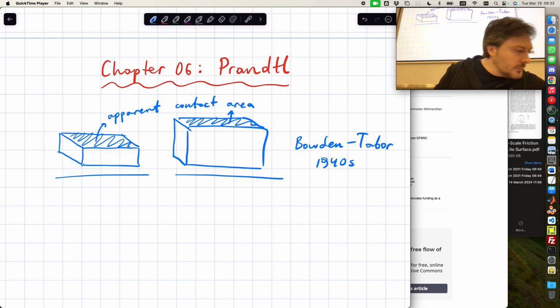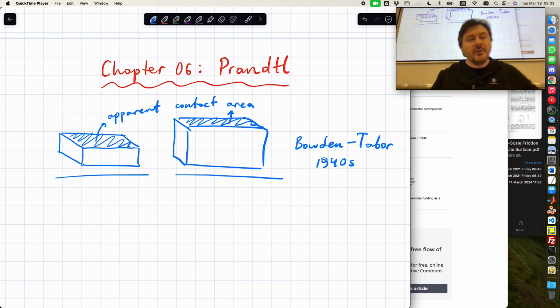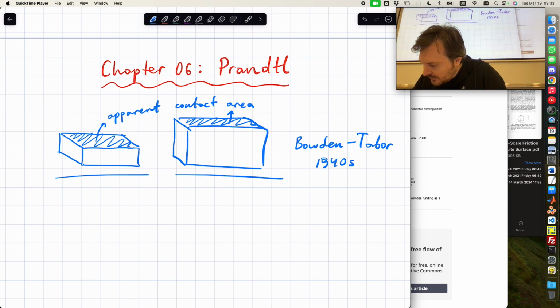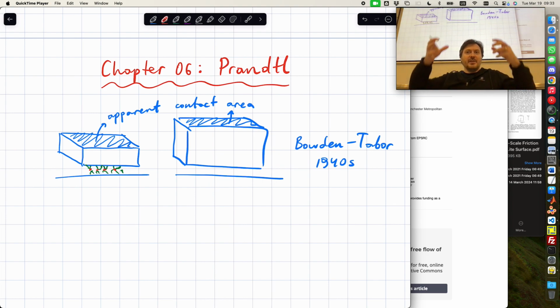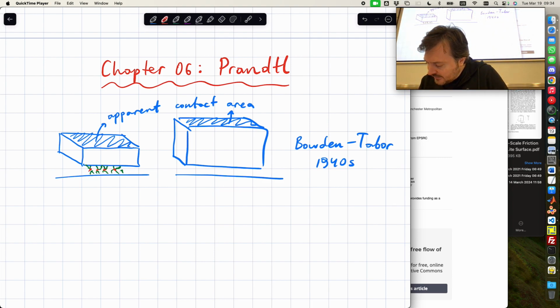Okay? But the actual contact area lies in microscopics, right? There are these protrusions here, microscopic stuff going into each other, and the contact area is where they touch each other, the sum of that contact area, right? So that contact area, real contact area